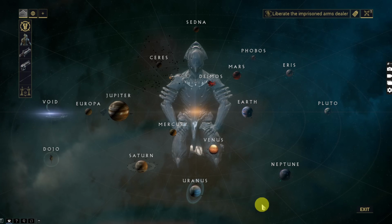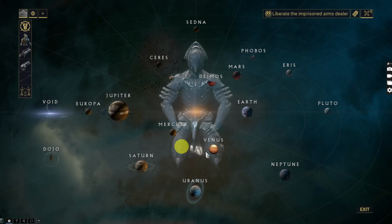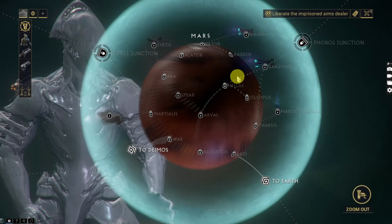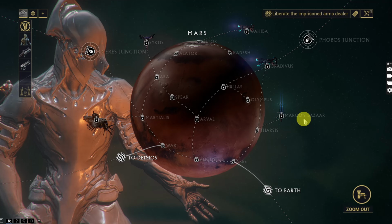After your listing is live, buyers may contact you in-game through private messages. When this happens, invite the buyer to your dojo or go to Mars and complete the trade at Maru's Bazaar. Also, make sure you have enough daily trades available and that the item is tradable